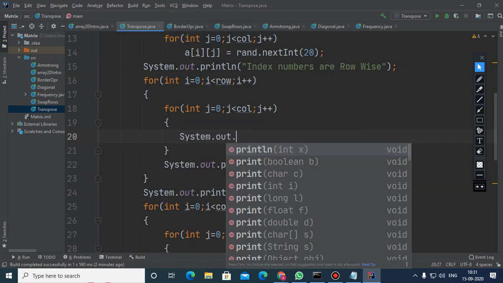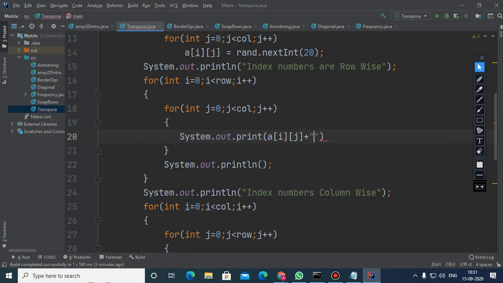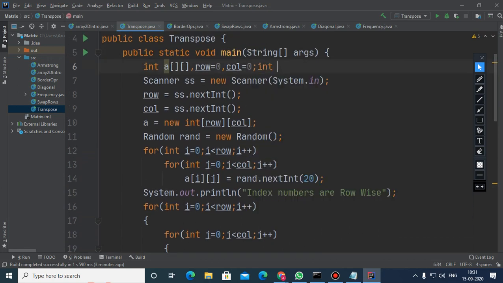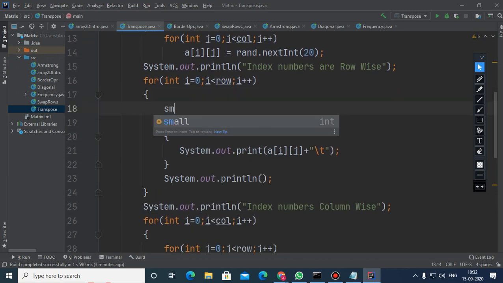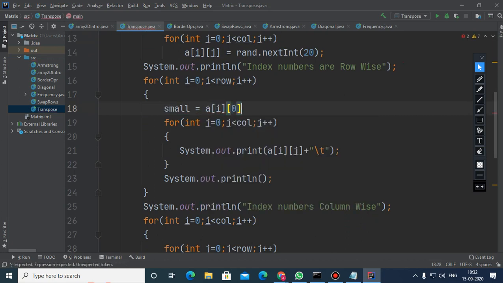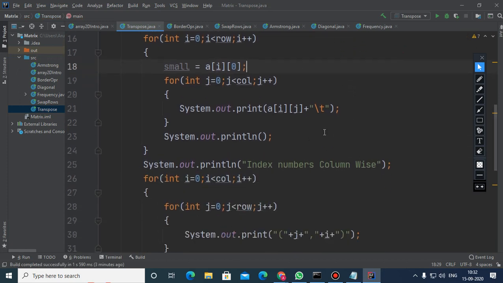Here I just want to print a of ij along with this tab, and here a few variables. I would like to find out the smallest from each and every row of the matrix.